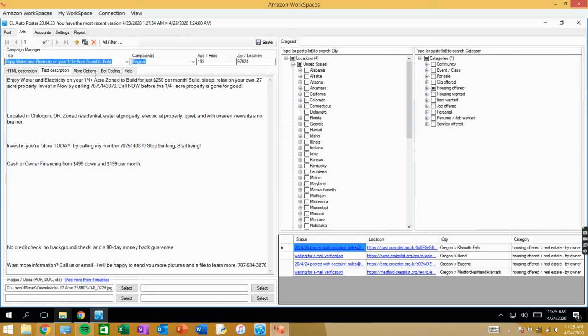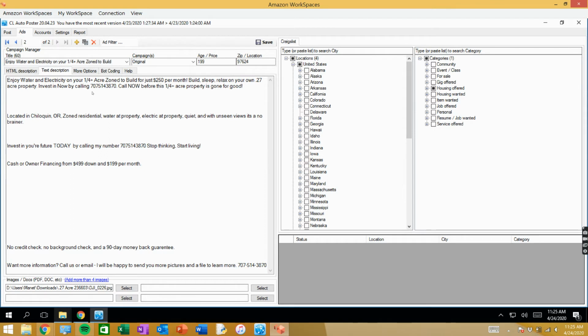So we got this. The first thing we're going to do, duplicate the ad, and then we're going to change the title to the correct title. So the date, which is 4/24, and then dot the acreage of the property. So there you go. And then we're going to change up this ad. Because all these properties have water and electricity on the property, and those are really beneficial for a new buyer, and road access. So I'm going to say road